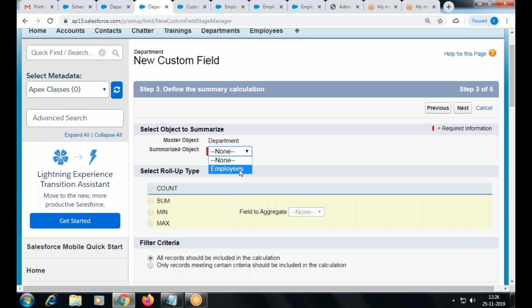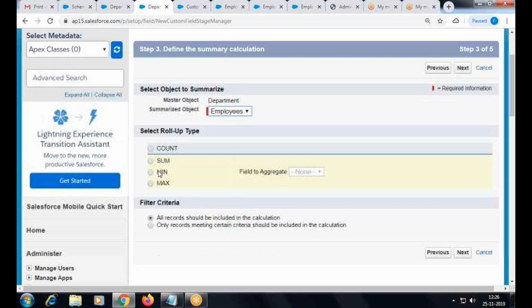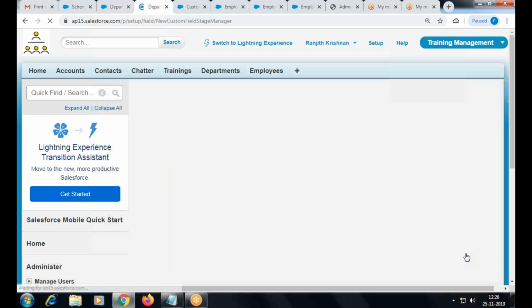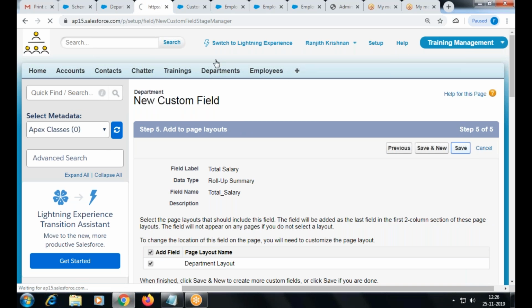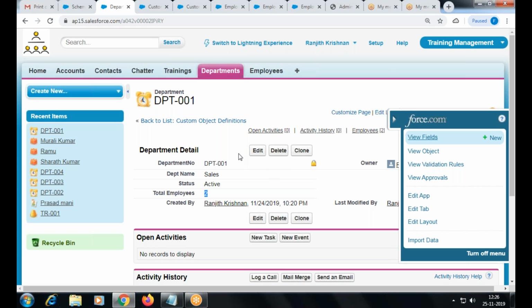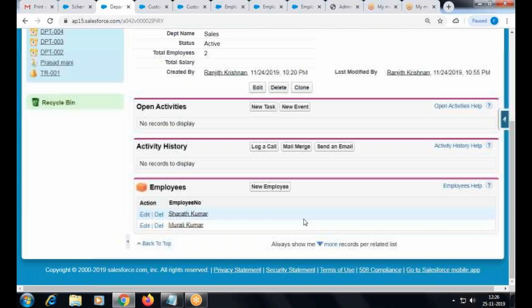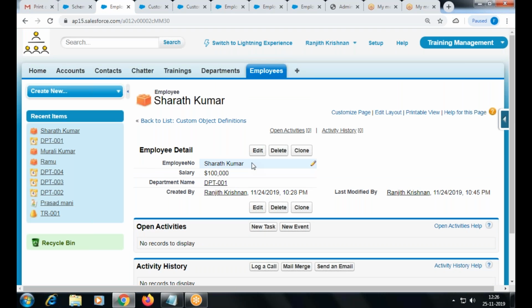Choose the child. What do I have to choose? Sum. Salary. So verify this. Refresh. Why is it not calculated?